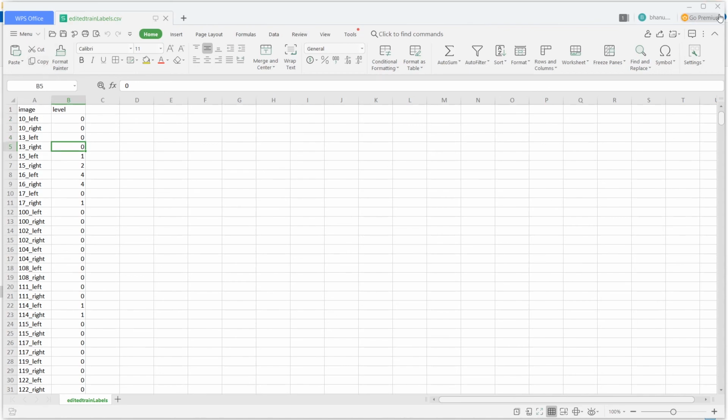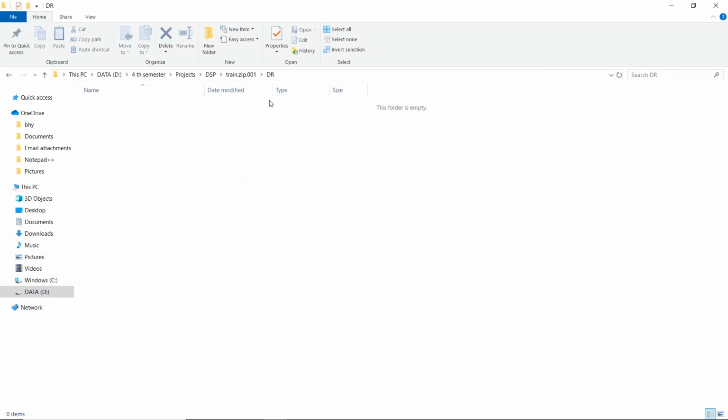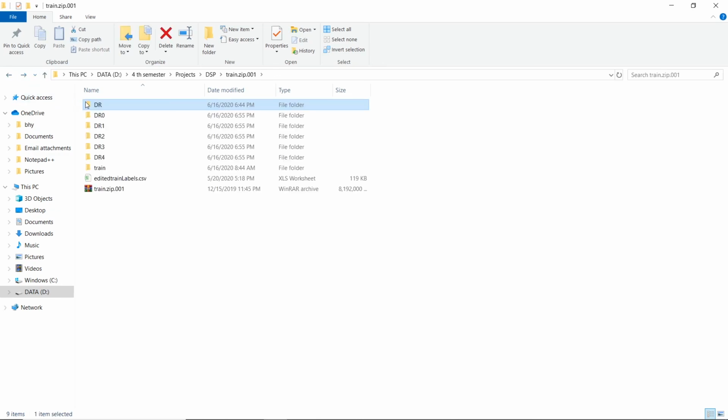Similarly, every other class is divided. So in this way, very little effort from us. We just need to provide the location of the training set or testing set which we want to divide, and we need to create a new folder. Here we created dr only so that the new folders are created. There is nothing inside this folder. We just created this in order to create the new folders. So now that's it.